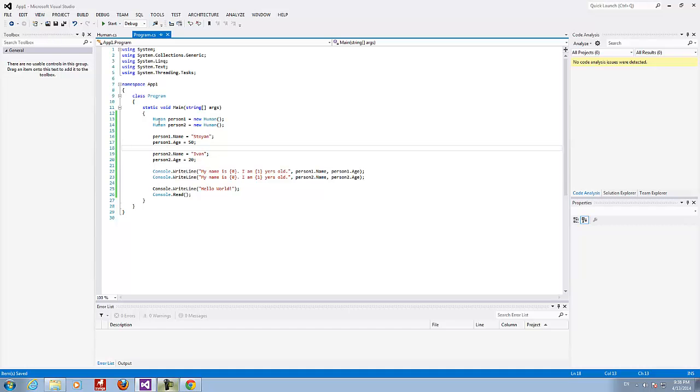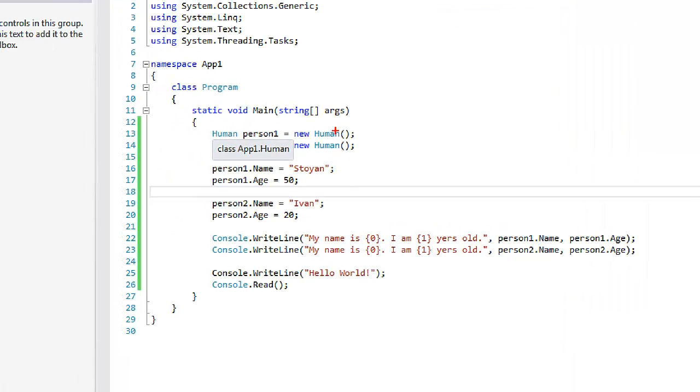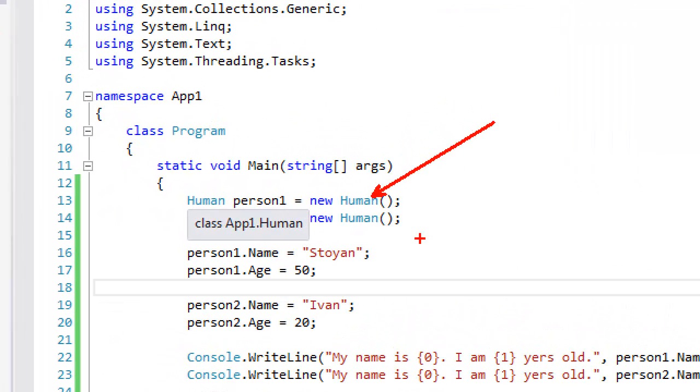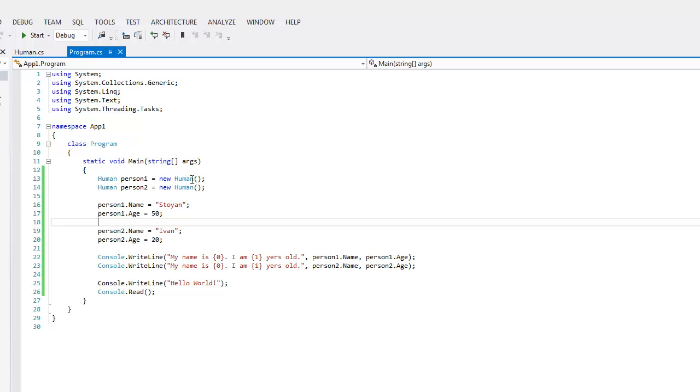Now, as you can see here, we first create the human being, the object, and after that we give the human individuality. We set the properties. Wouldn't it be better if during the instantiation we actually adjust our object, we set the properties?